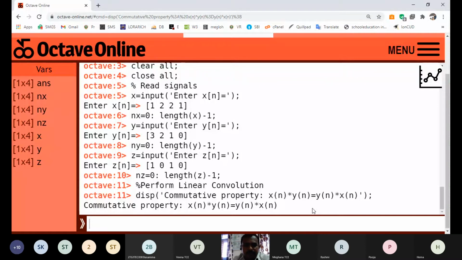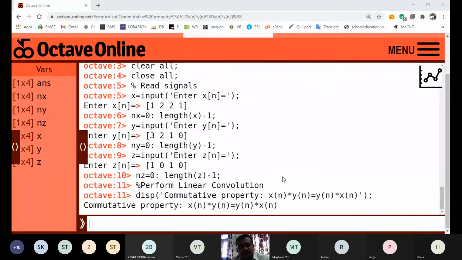We already know what x is, what y is. We need to perform the linear convolution, not normal mathematical multiplication. It is linear convolution by using DFT and IDFT methods. But here in the lab we have ready-made functions.